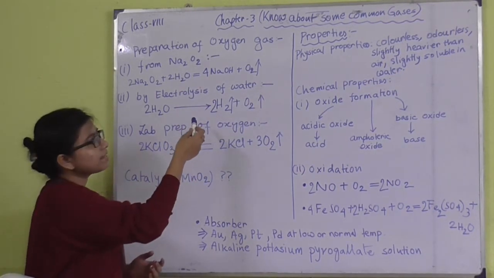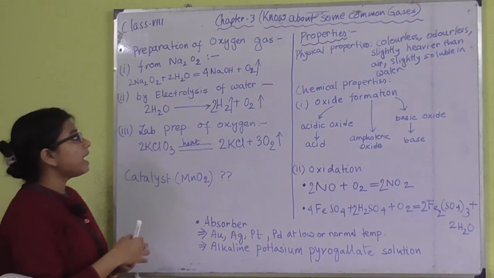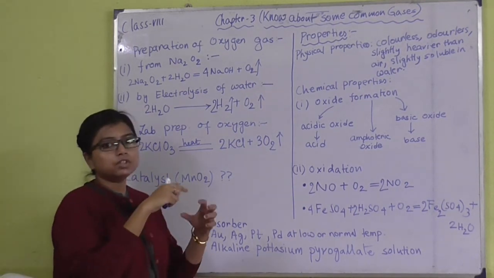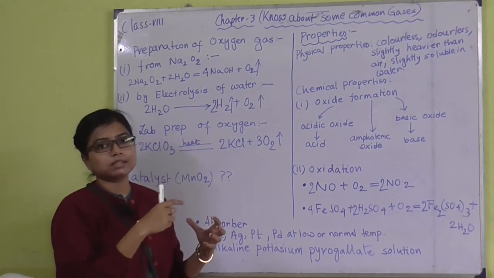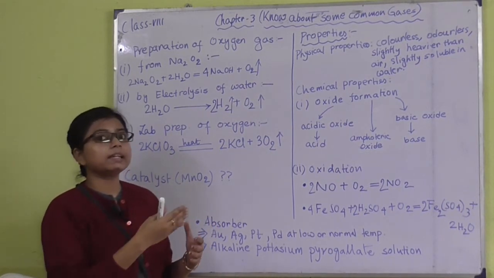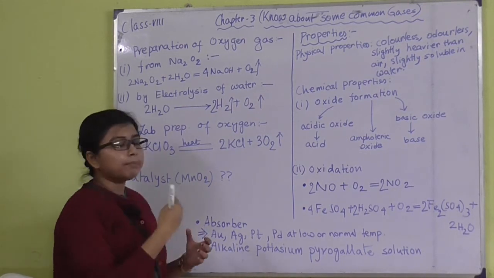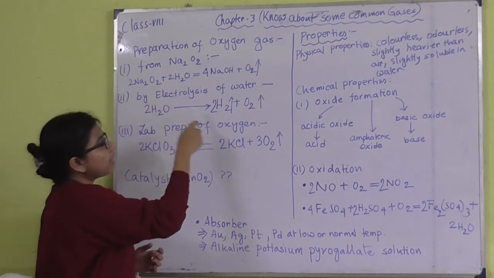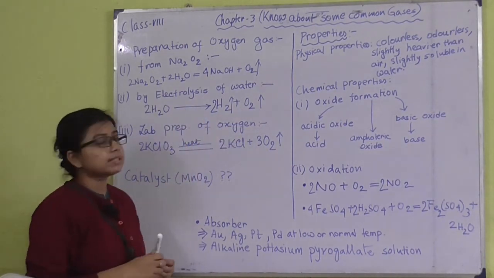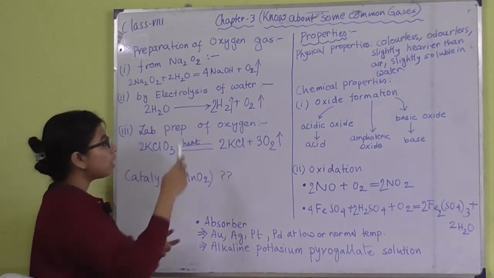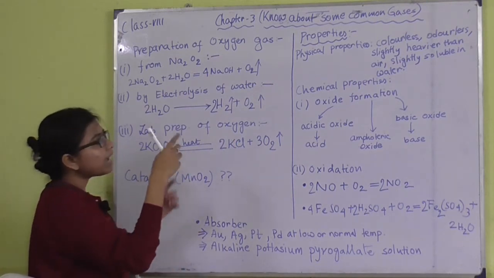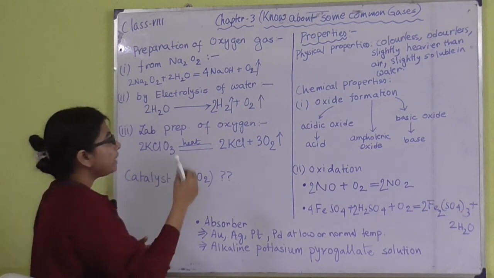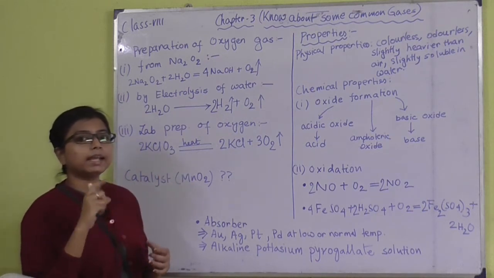Now what is electrolysis? Electrolysis is the process where using electricity we can change the chemical process or chemical reactions. We can create chemical reactions by applying electricity. So here by electrolysis we can also produce oxygen along with hydrogen. Now what we have to do here, we have to take a container which is specially known as voltameter, and within that container we have to take an electrolyte.